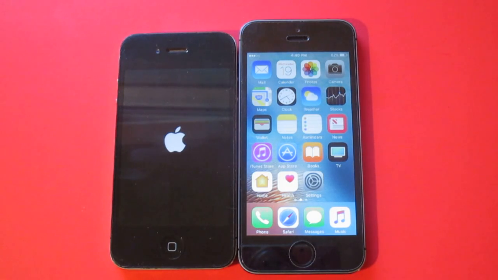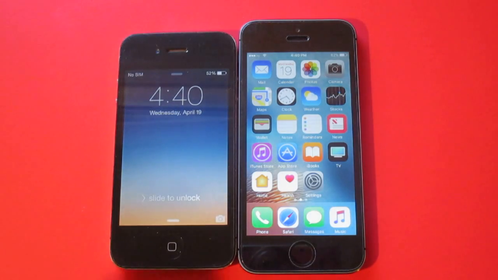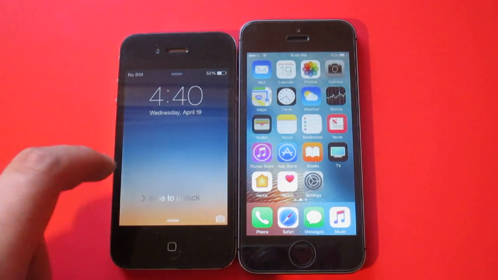Okay, I know that really did not make sense, but as you can see, the 5S booted up first, and my head is just not here right now because I've been doing so much stuff earlier, and I said to myself I wasn't going to announce anything that I was doing earlier, but